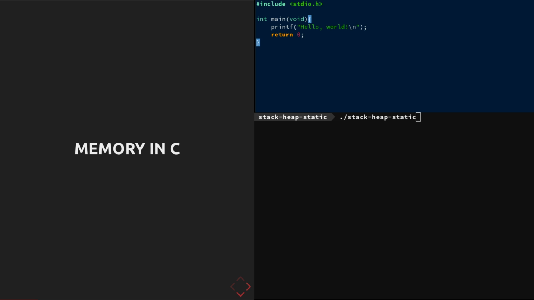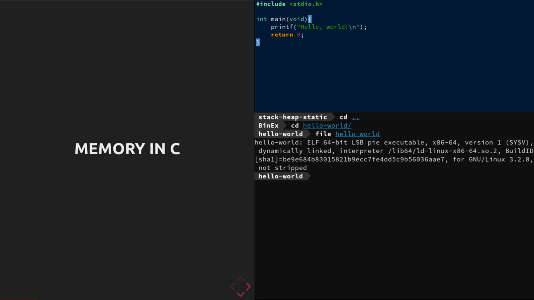So when you compile this hello world binary, what you actually get is one of these ELF executables. If I run the file command, it'll say it's a 64-bit ELF executable, and it is position independent. We'll get into that in a minute. But it is compiled code. It's no longer your source code, and you can exploit how the compiler compiles the code and abuse data structures